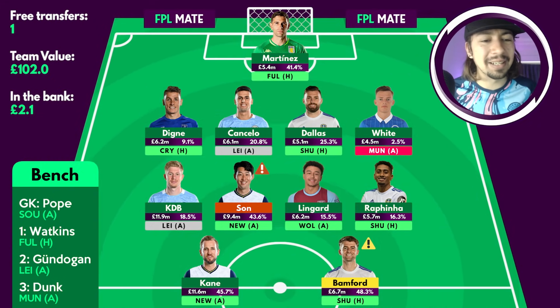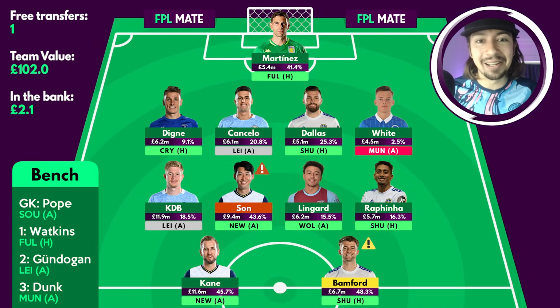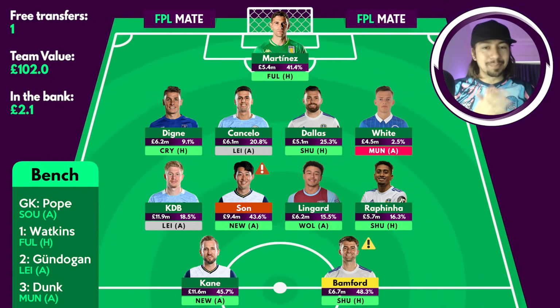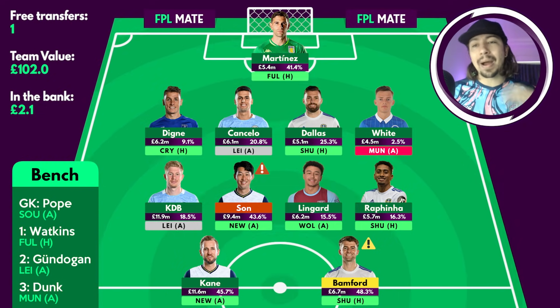There's a chance of it, surely. So even Dunk, I wouldn't be too upset if he had to come on as well. But anyway, guys, you can see this team, and hopefully you can see now why I'm not thinking about wildcarding